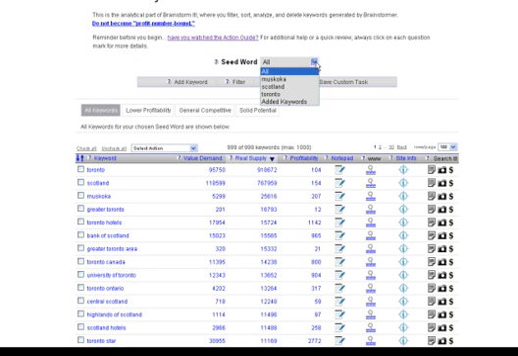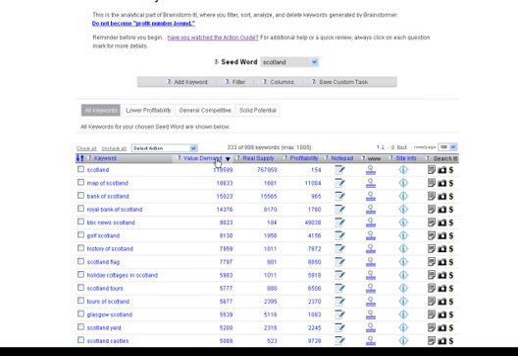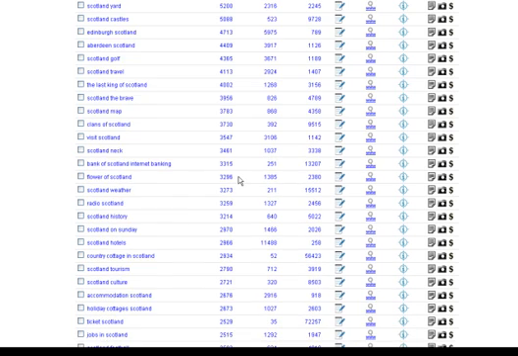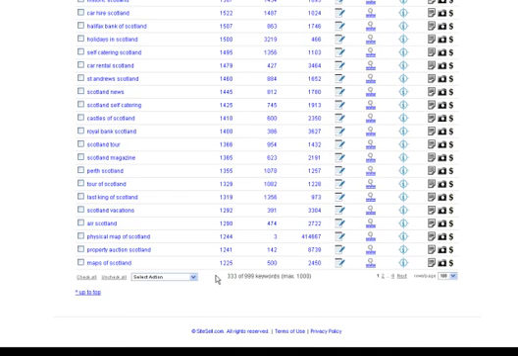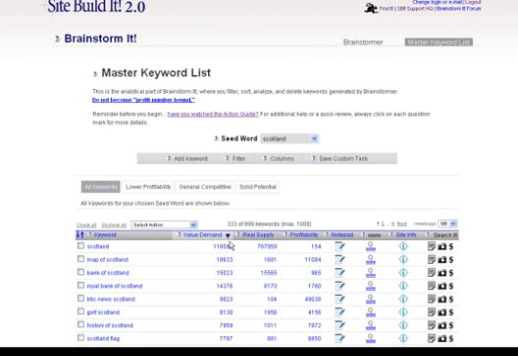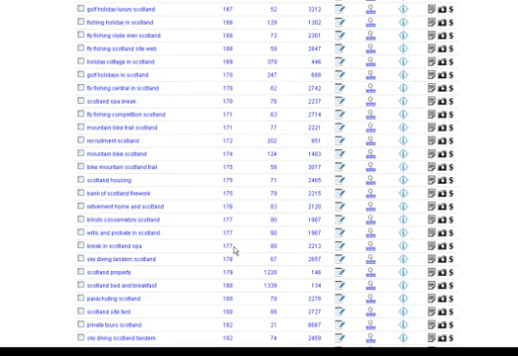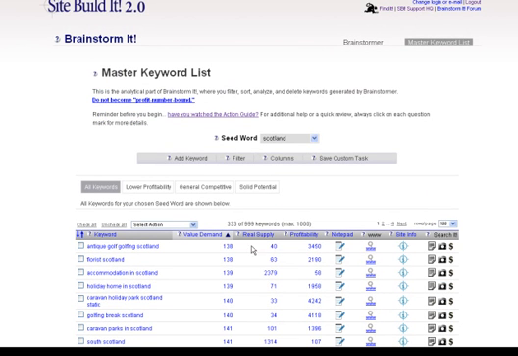First of all, we've done Scotland before, so we'll look at it right now. The first thing we look at is value demand, and we come down here, and we know this has lots of depth. Lots of words over 1,000. Let's invert this and see, and it also has deep depth. Those are all over 100, so that means it's a very rich area. You probably want to take a focus in that area though.